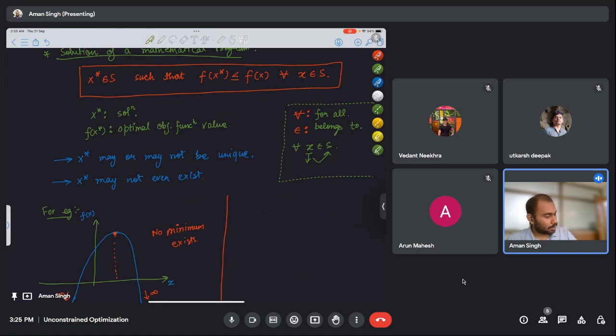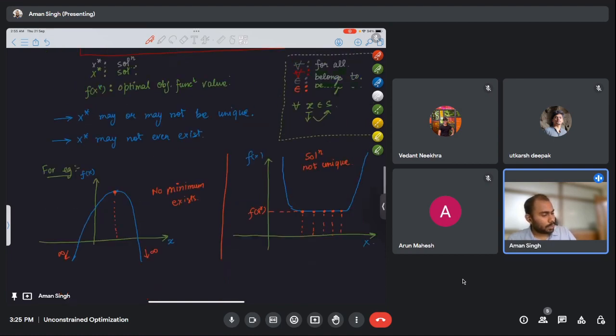Then the other case is for the solution to be not unique. It's fairly possible to have a function like this. It's curved, then it becomes a straight line, and then it again becomes a curve. So in functions like this, all these points have the same objective function value. So for this, all of these points are the solutions. So the solution here is not unique. Okay, so this defines